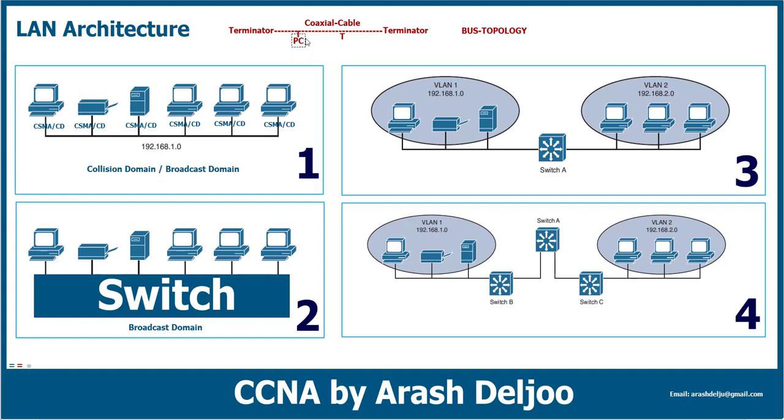Okay, and the PC and some other devices can use this T connector to connect to the network. This is a simple topology that we have used before, but today we don't use it. This is the same collision domain and broadcast domain. It is not important for us, but another type of single collision domain and broadcast domain is using the